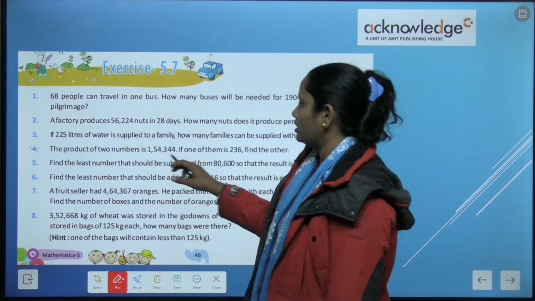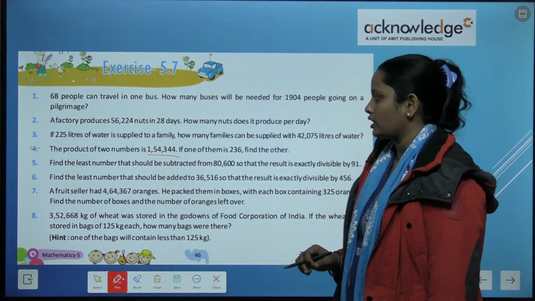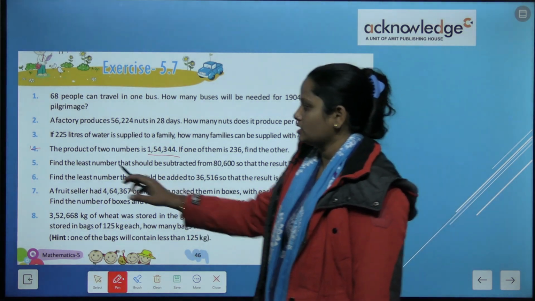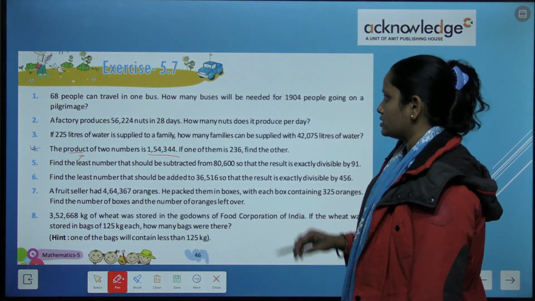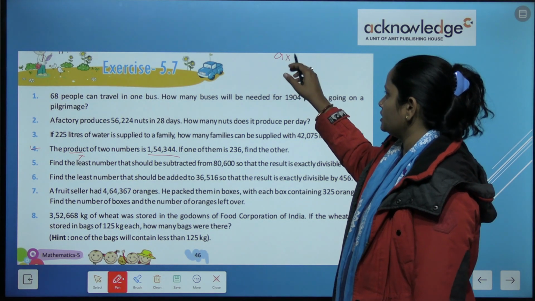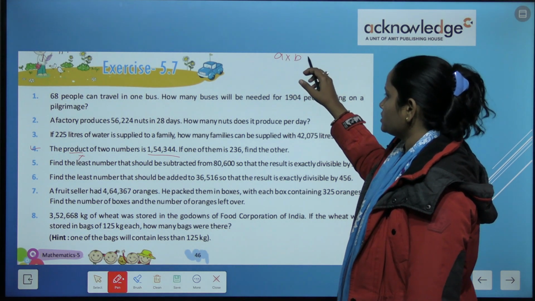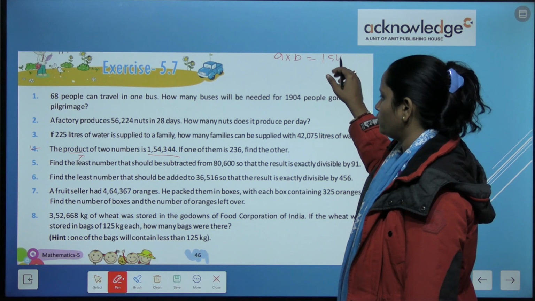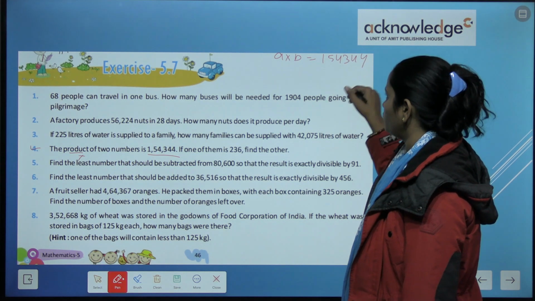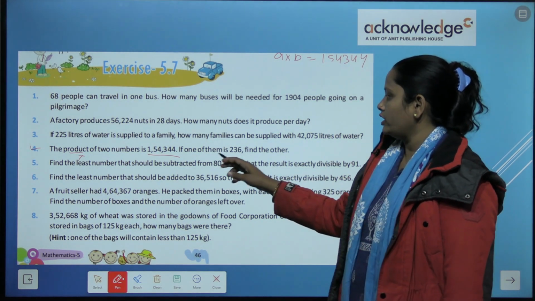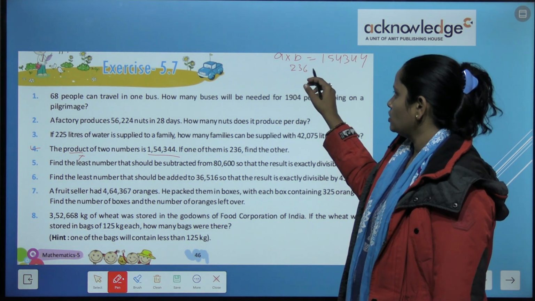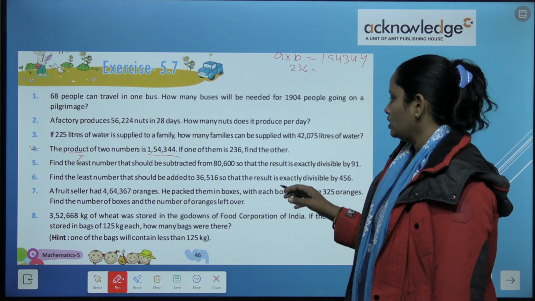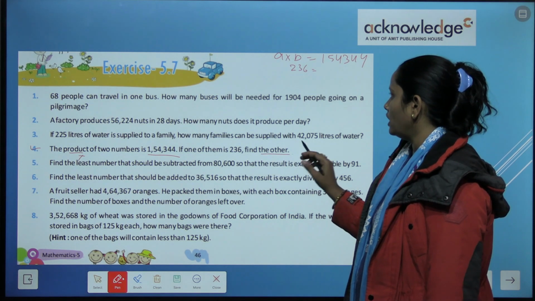Children, let's do this fourth question. The product of two numbers is this. दो numbers हैं, उनका product जब उन्हें हम multiply करते, product means multiply. So दो numbers को multiply करने पे we get this answer. So let the number be A multiply B. तो आंसर क्या आएगा? 154,344. Now if one of them is 236,